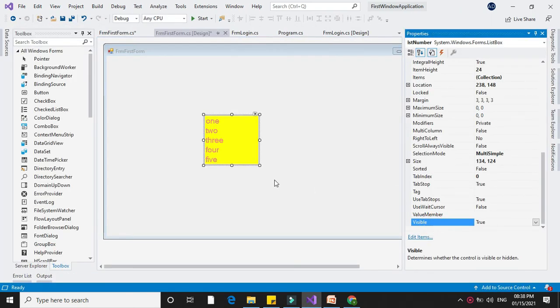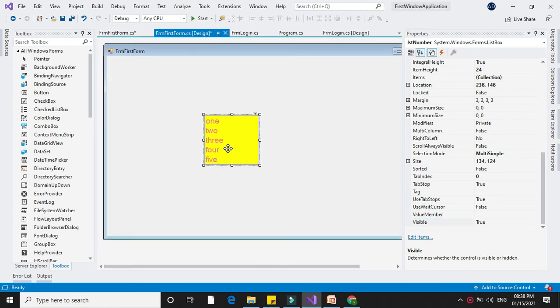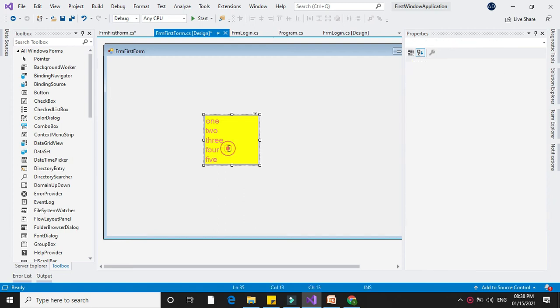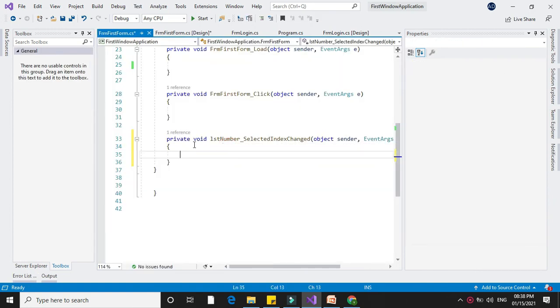Now we will see the selected index property. If you double click on this list box, you will get the list box selected index change event.